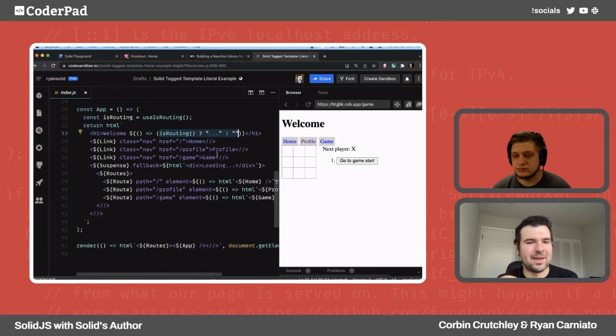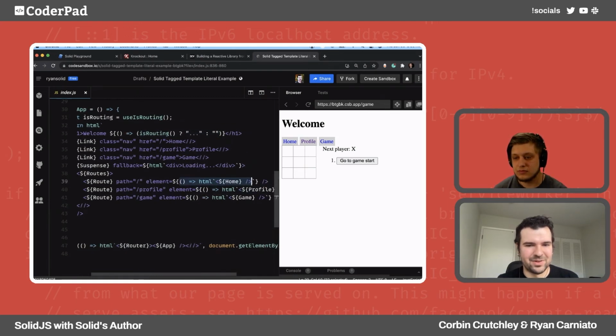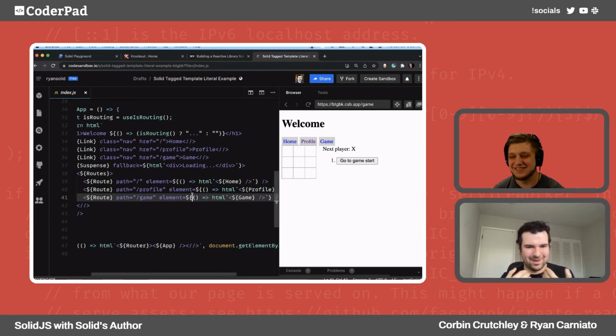It's a small thing. It does trip people up. I think it makes the DX for this a lot worse. And with HTML, you have to do stuff like this. When you want to make a child element, you have to, in our case, make it a function to make it dynamic, and then call HTML to then enter the new HTML scope. This is not the nicest experience, in my opinion.